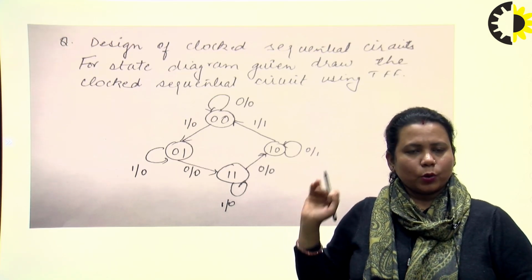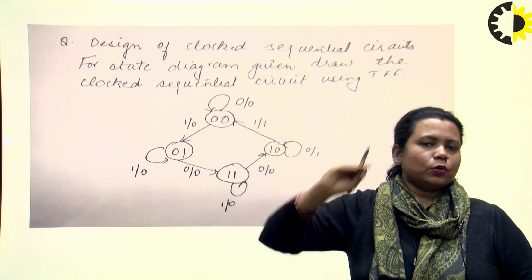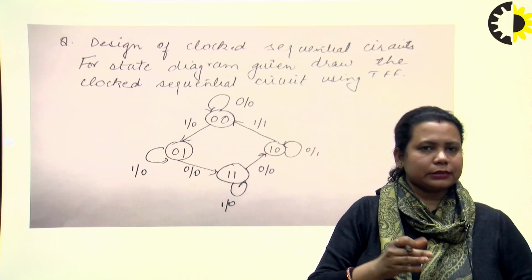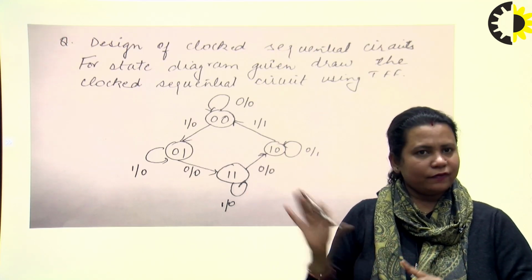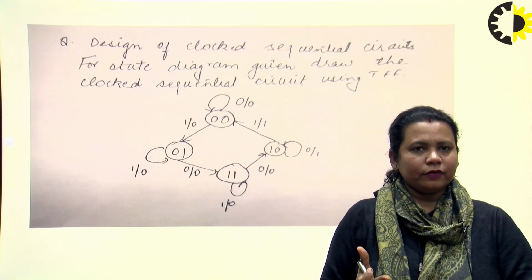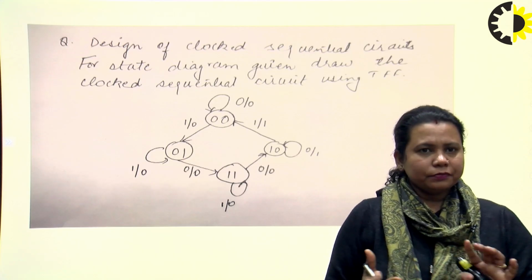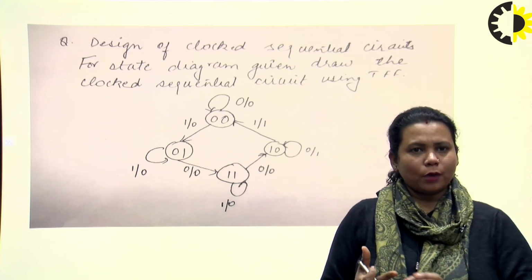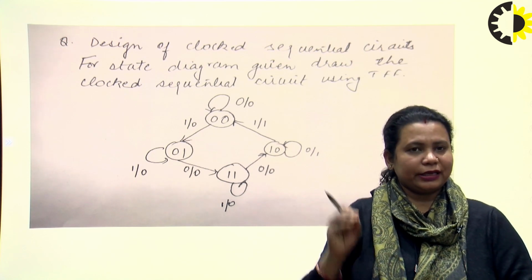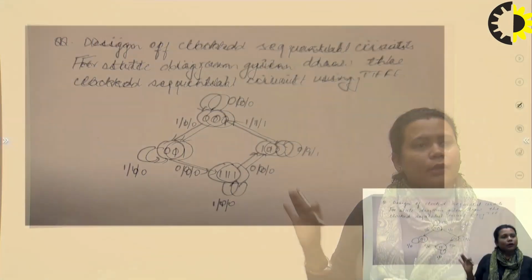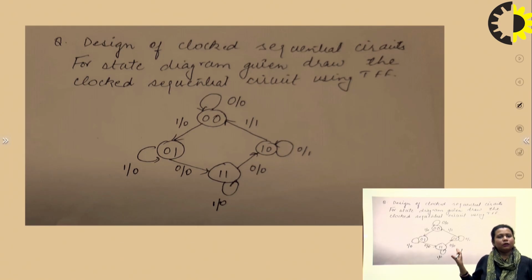So the steps are going to be the same. Just the question part, they may ask any of these four things which I have just told. A state diagram they may give like this, or a state table, or some gate diagram, some diagrams using flip-flops, or they may give some conditions in a theory question type, where you will feel that it is a theory question. Right, so I have explained this using a state diagram.